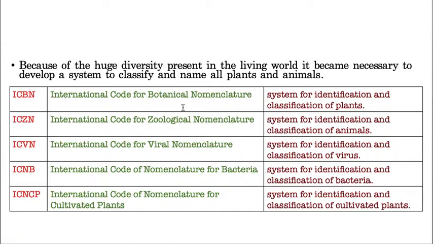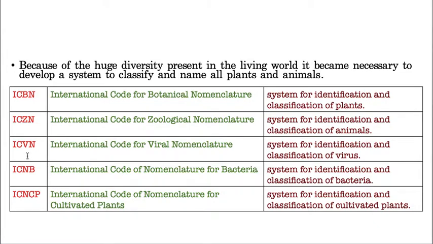Same example, I'll continue. I found one new animal which no one knows about, and I wanted to name it. I don't know Latin. So what do I do? I'll take that organism's details to ICZN. What does ICZN mean? International Code of Zoological Nomenclature. This organization helps me in giving the Latin name to that new organism identified by me. Hope you understand now.